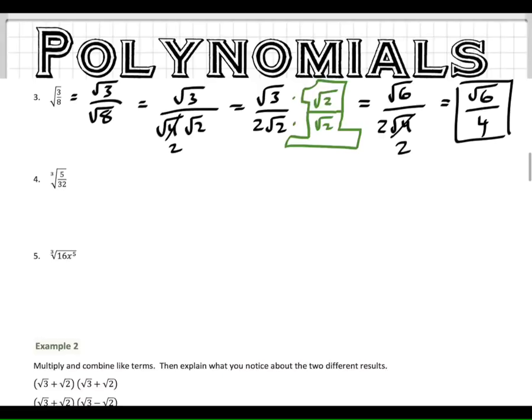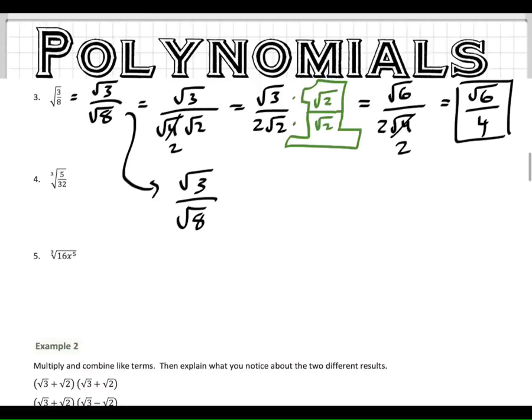Now, is there a different way to do this? Yes. I want to show you guys a different way. Some of you guys might see this right away from the beginning. Some of you guys might not, but we'll see. If you see red 3 over red 8, and you went, hey, red 8 is not a perfect square, and I do not want a radical on the denominator, you could have right here,